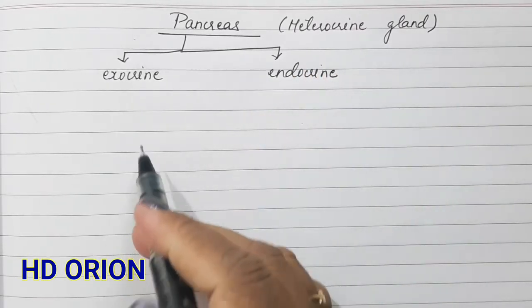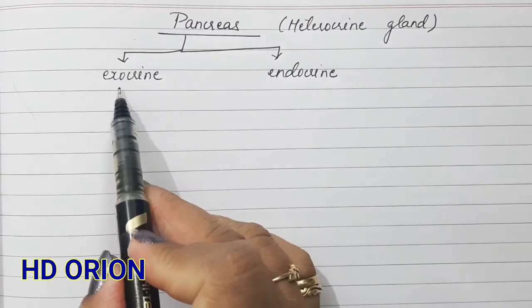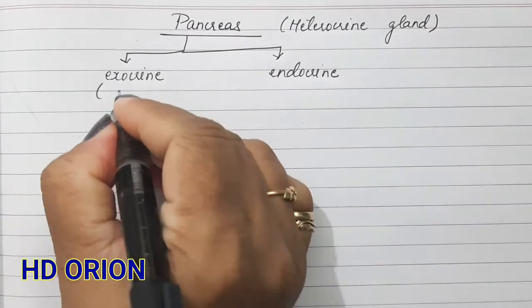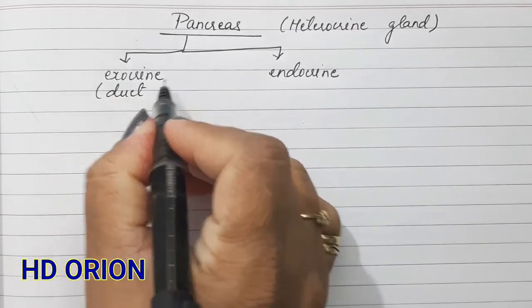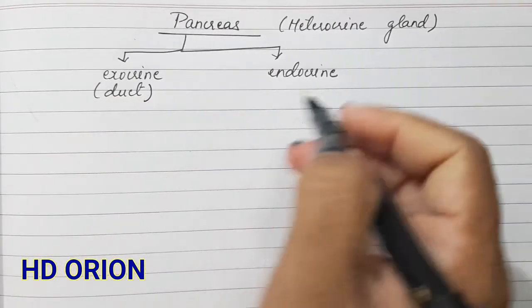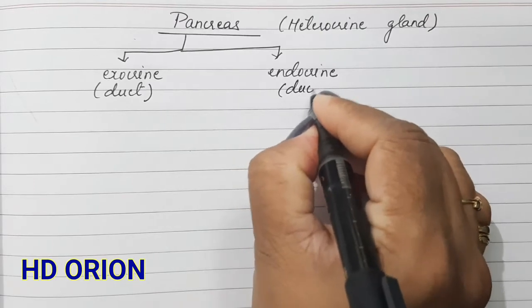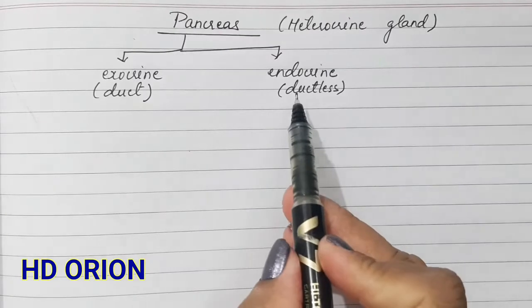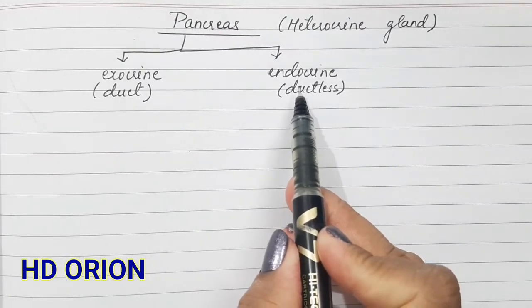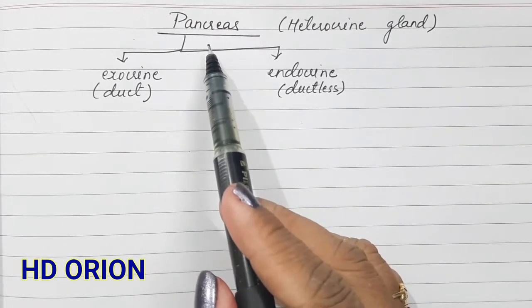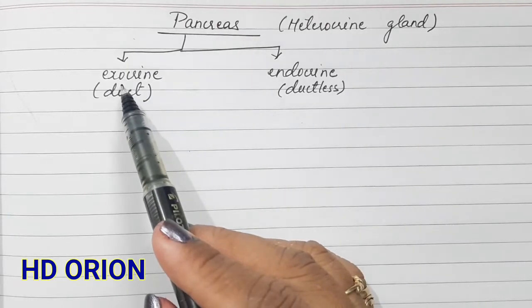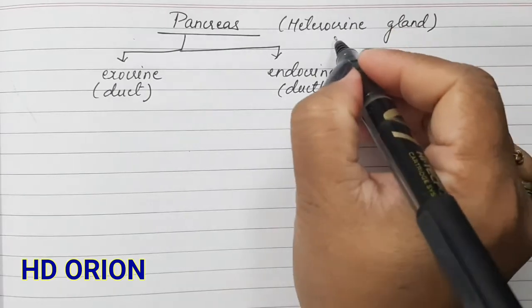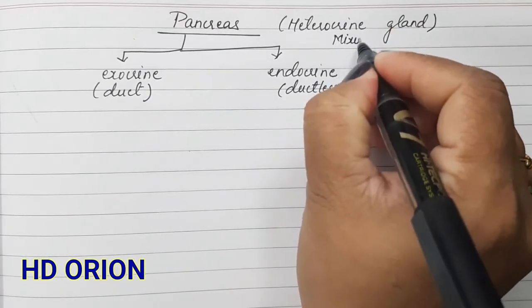The glands are divided basically into two types. The glands which are known as exocrine have ducts for their secretion. That means there is a duct. So here the pancreas has a pancreatic duct. Endocrine glands are ductless. They do not have any duct and therefore they release the secretion directly into the bloodstream. But pancreas is both. That means it is partly exocrine and partly endocrine. So we call it as heterocrine gland. Sometimes it is even known as myxocrine gland.